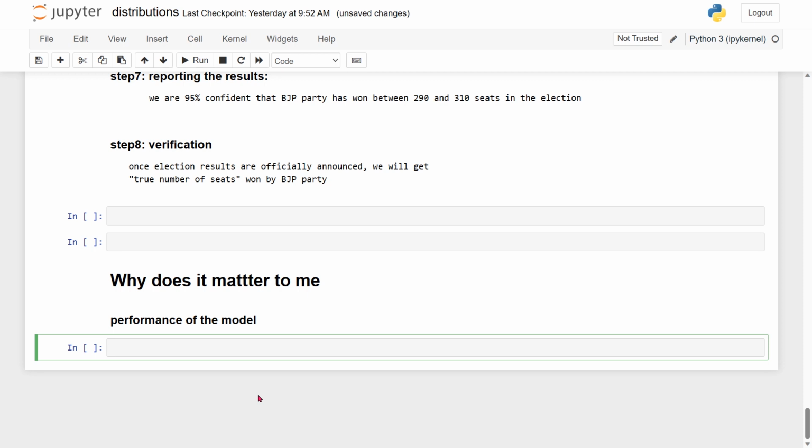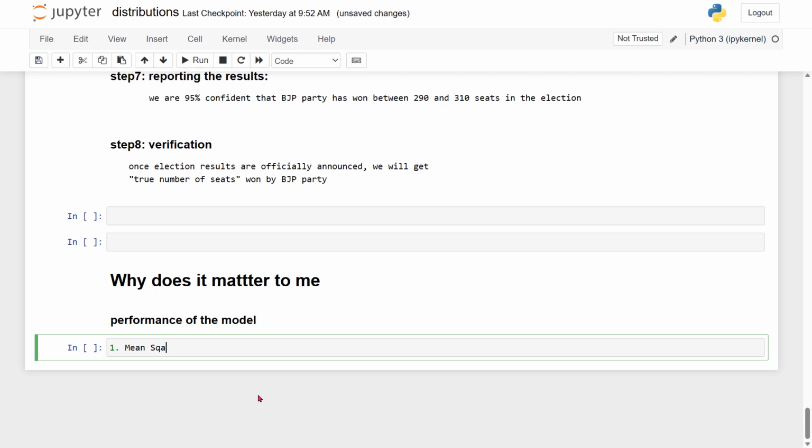First we will look into the metrics and how we can leverage the confidence interval to explain the performance of our model in a better way, which makes better sense. One performance technique that we use is mean